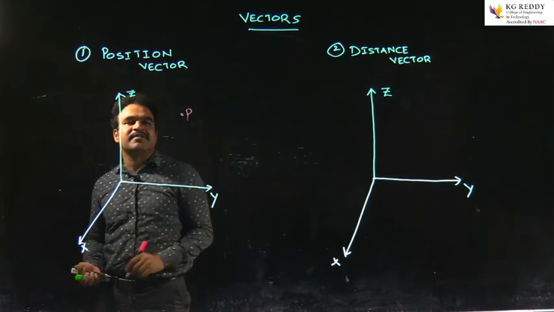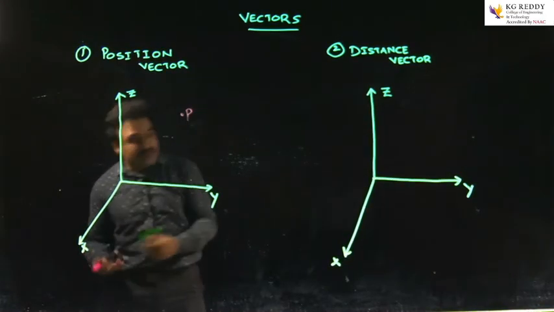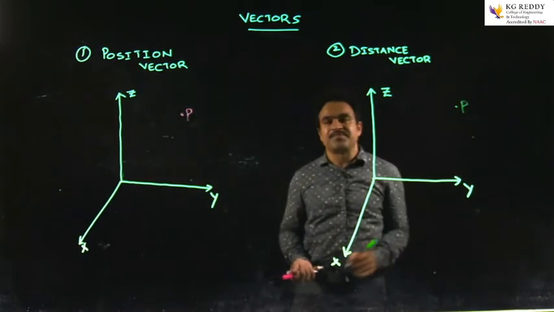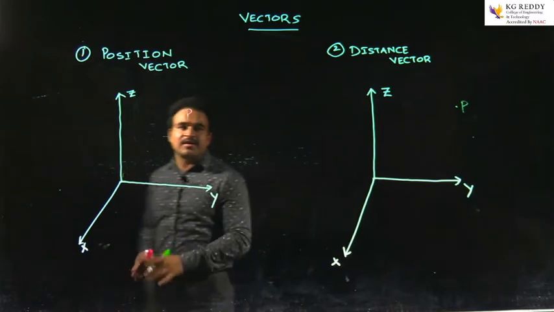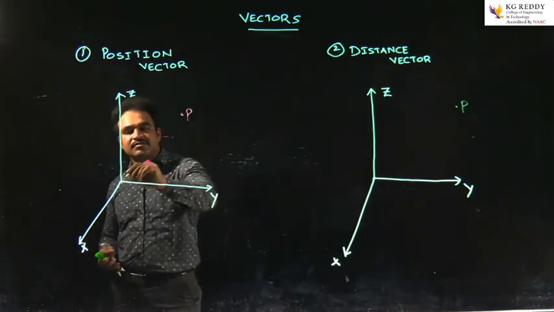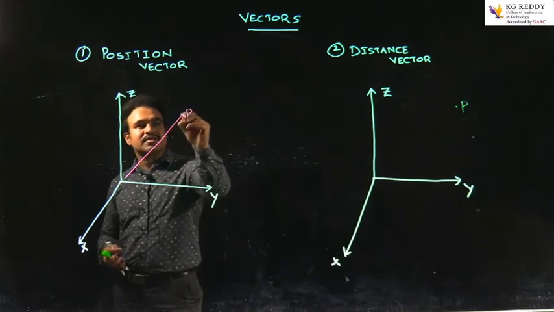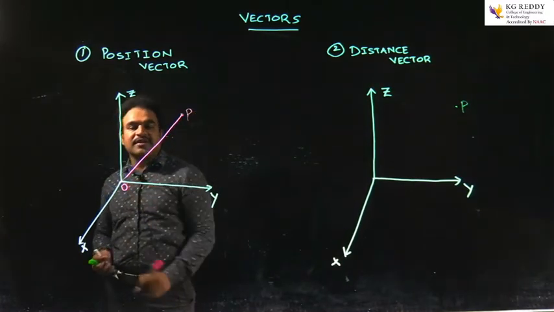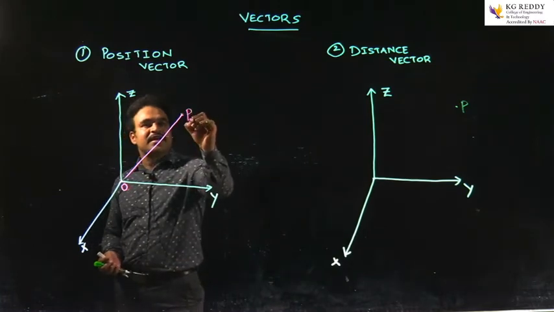So p is a vector which is located here. In the same way here also I am taking the same vector which is p. There are two vectors which I have taken, but in this case the vector is starting from the origin. So just joining these 2 points, it means that the starting point of this vector is at origin, the ending point is at p.